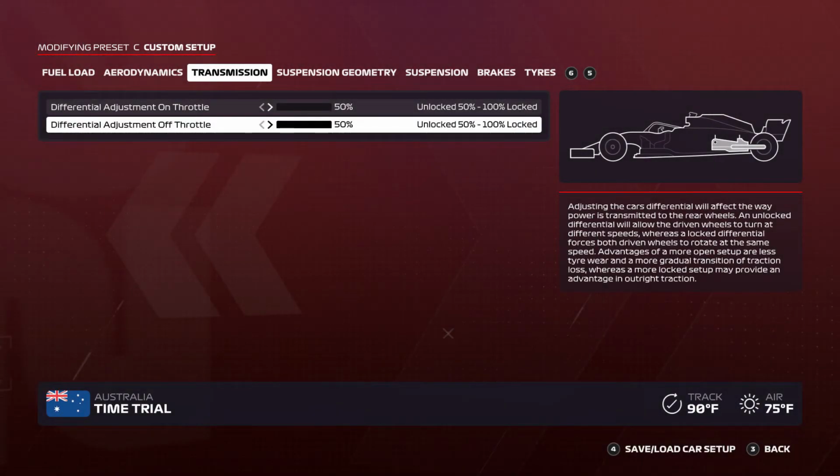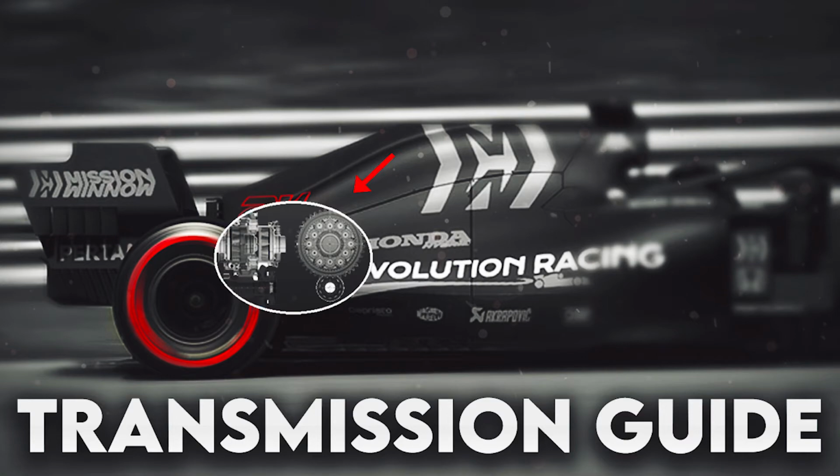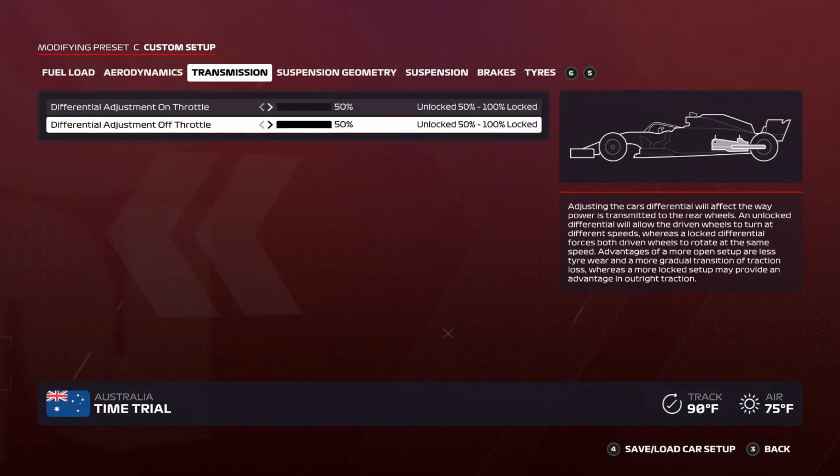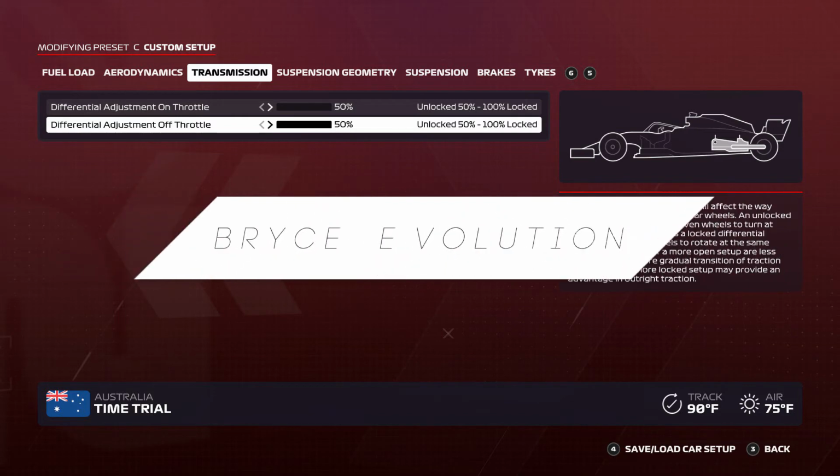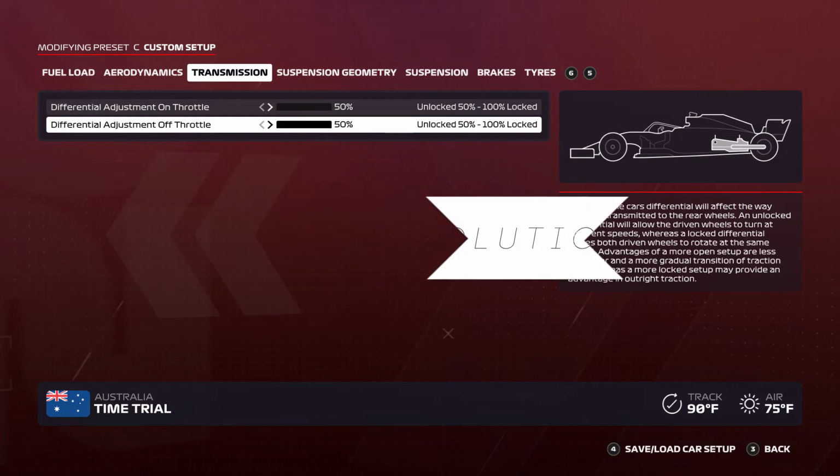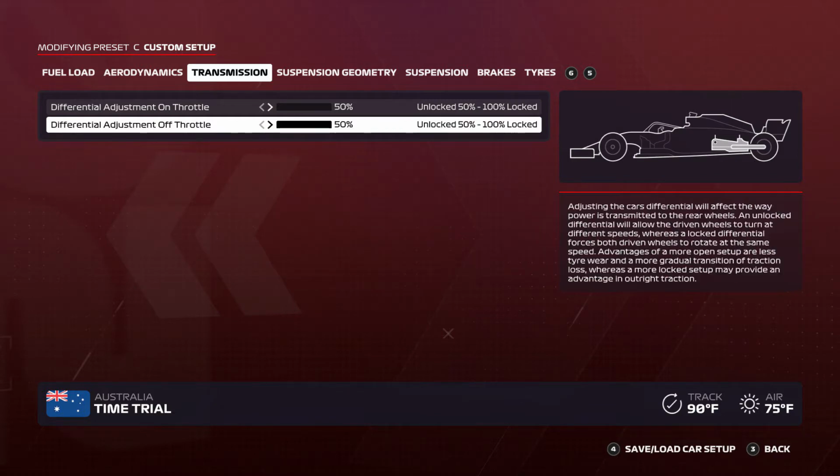In this video, we have episode 2 of the setup guide series, and today we'll be going over the transmission in F1 2020. So this component is not as important and as impactful as the suspension or some other parts, but you know, it is still part of the setup and you still need to kind of get this right. For most tracks, you'll probably see something like 50 or 65, but we're gonna be doing on throttle and off